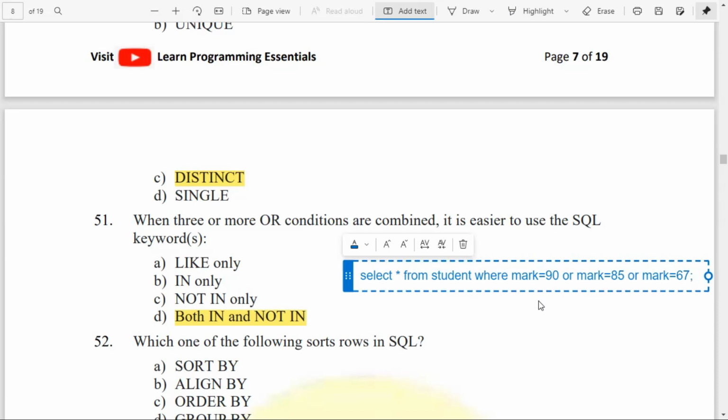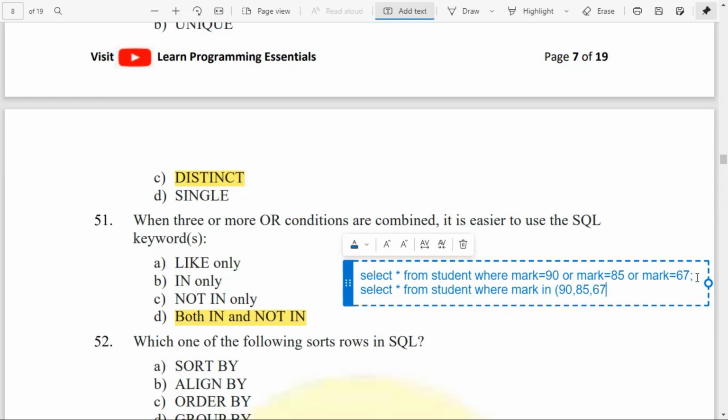If you want to select the students who have secured either 90 or 85 or 67, instead of that you can also write: select star from student where mark in 90, 85 and 67.